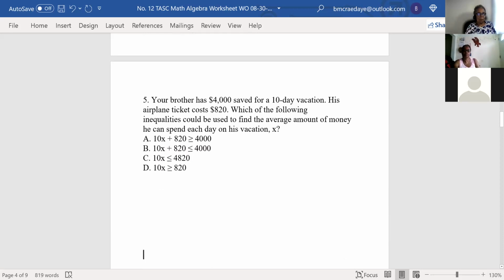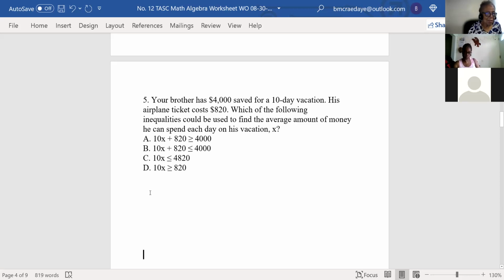His airplane ticket costs $820. Which of the following inequalities can be used to find the average amount of money he can spend each day on his vacation, x? What I did, I put 4,000 minus